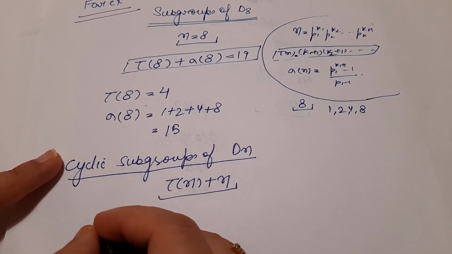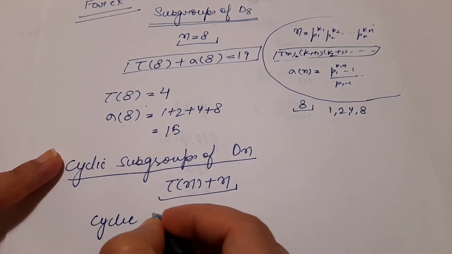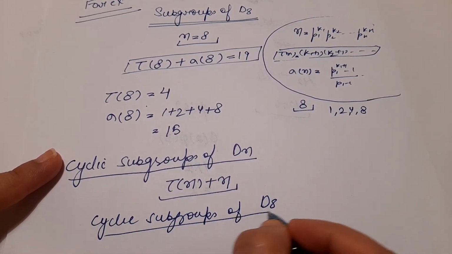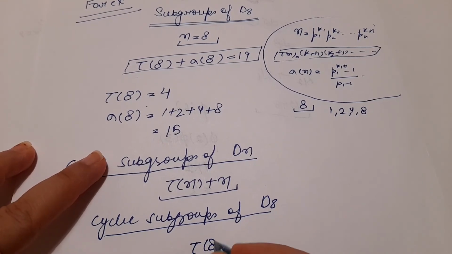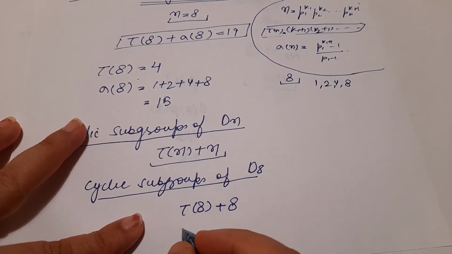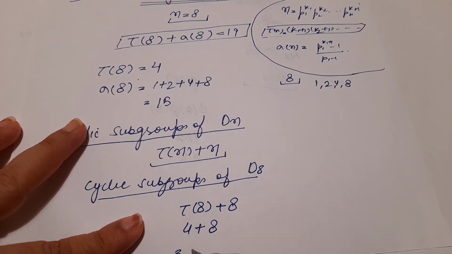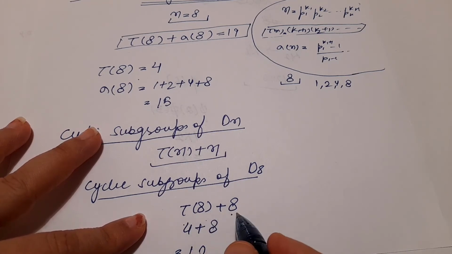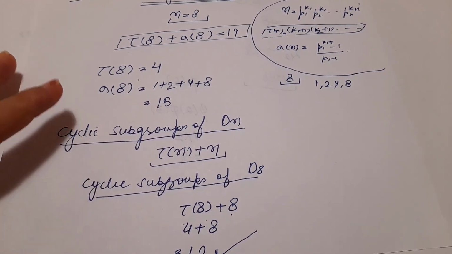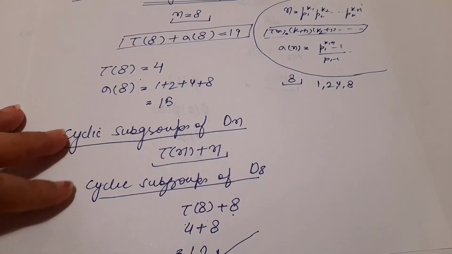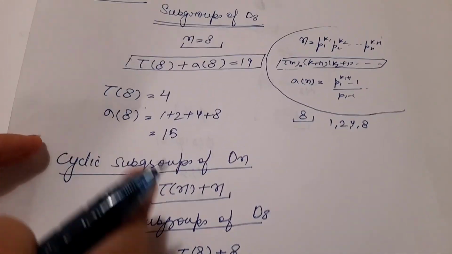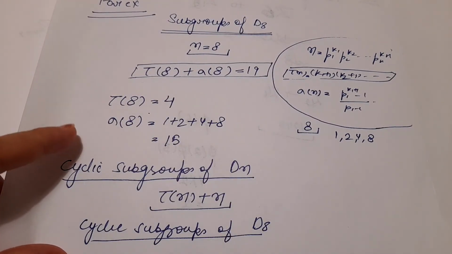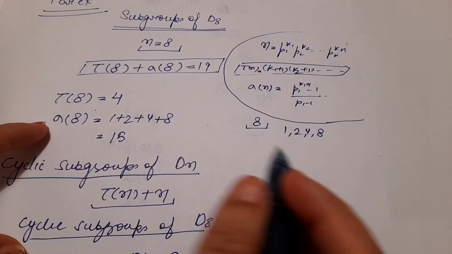So if we are looking at the total cyclic subgroups of D8, it is equal to tau 8 plus 8. Tau 8 is 4, and plus 8, this is 12. So D8 has 12 cyclic subgroups and 19 total subgroups. For any bigger number also you can try it,